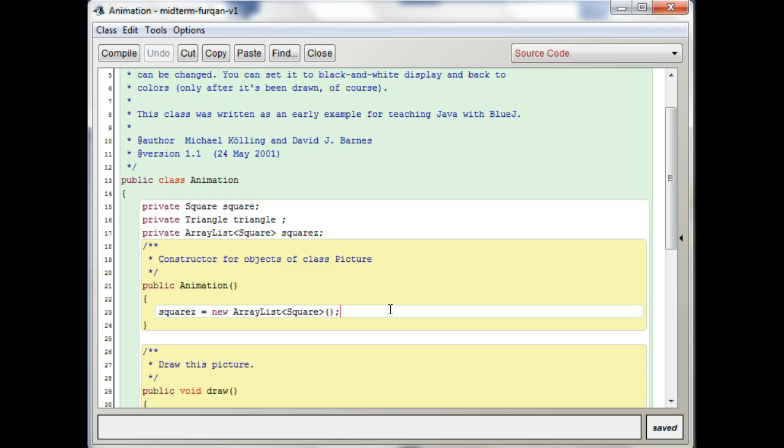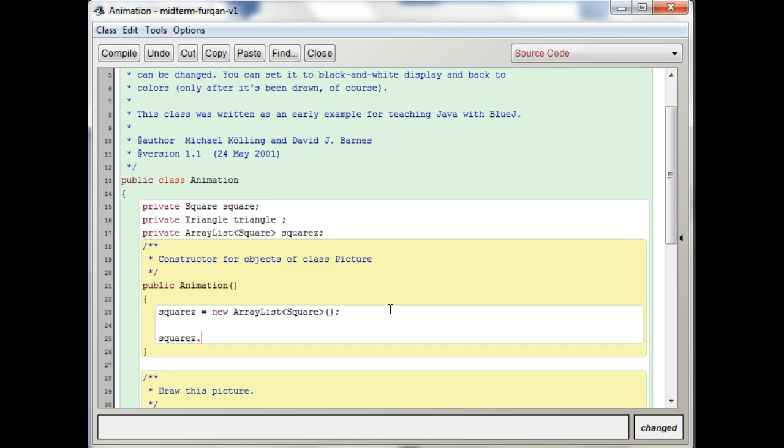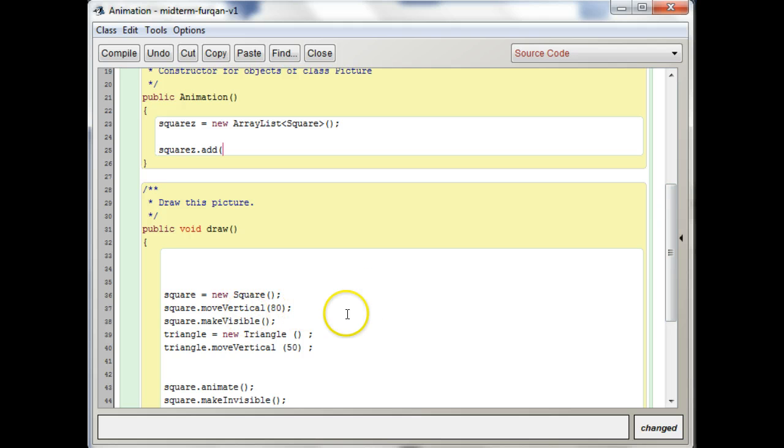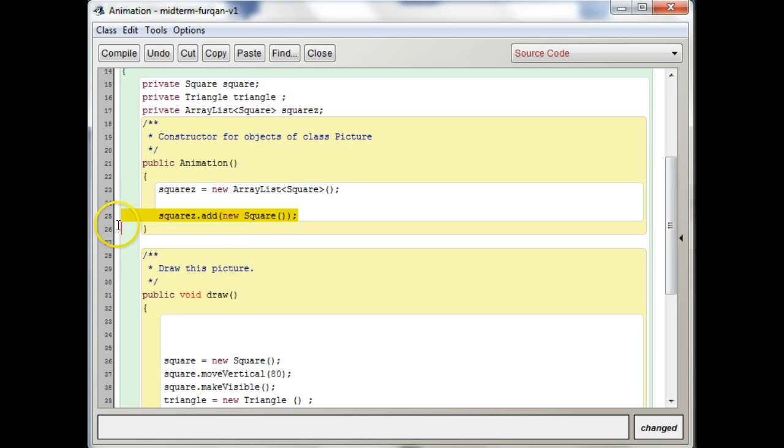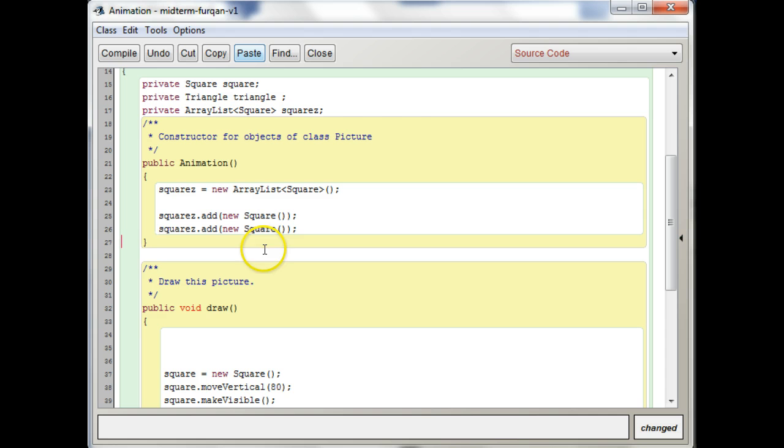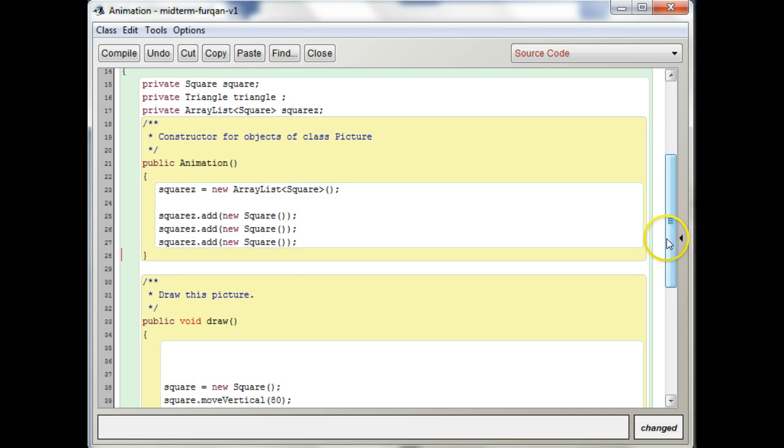So you could just say squares dot add, and just like you create a new square array list like this, you can create, here's where you're creating new squares, right? So you could just directly use this constructor. Let me just copy and paste this into here, and you can just add a new square to add however many squares you want to add. So let's copy and paste. And paste again,